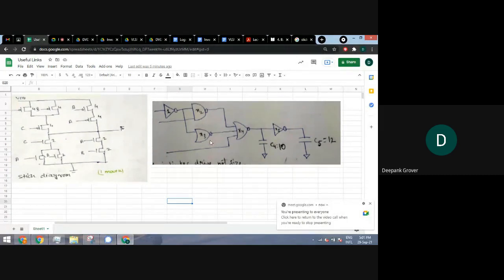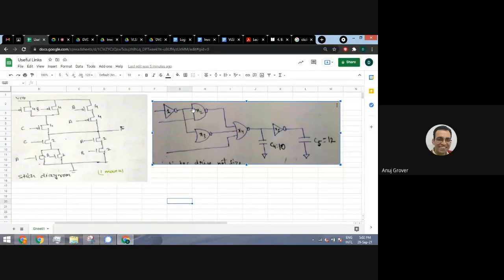So, sir, in this right image, you can see that it's branched out at the second stage. If I have to do the logical effort, the capital G for the overall thing, we know that the branching would be two, but should we account for both of them in separate stages or in a single stage only? Yeah, the logical effort method does not really look at such converging paths. There is no clear methodology on how to handle these converging paths. That's a limitation of the method.